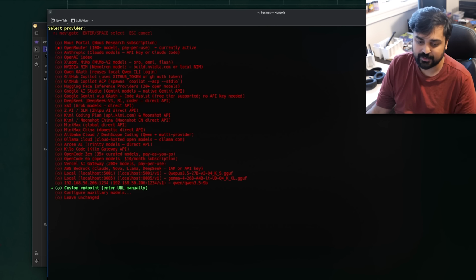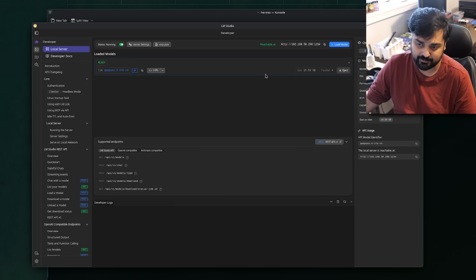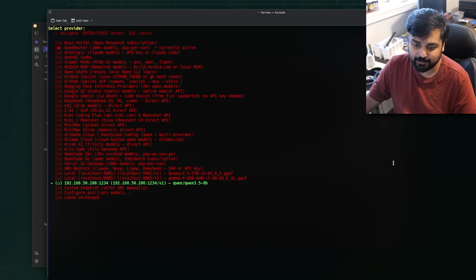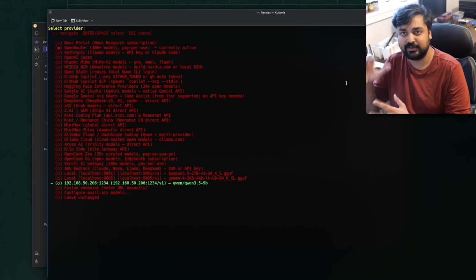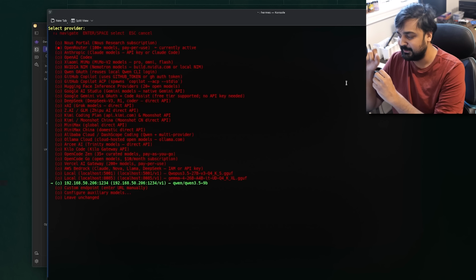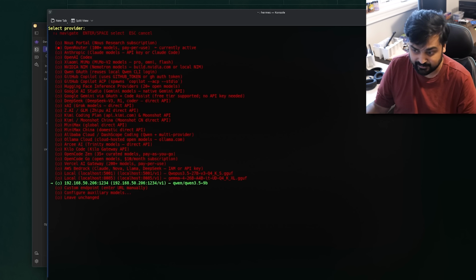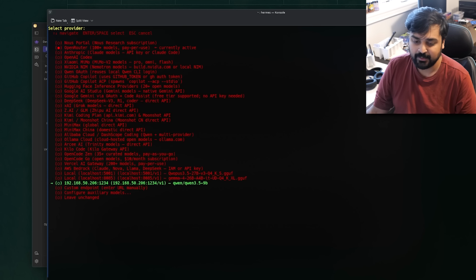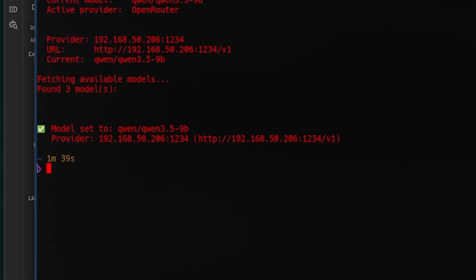So here what you do is you go to the custom endpoint and you enter an IP address and a port, and usually if you're using something like LM Studio, it's right up here in the developer section. You see where it says HTTP and so on, you copy that, you put it into the system, and I think you have to put /v1 at the end because it's going by this OpenAI endpoint that's open for everyone. As soon as you enter it over here, it'll identify all the models you have. Because I'm using the 9 billion model, I'm going to select that one.